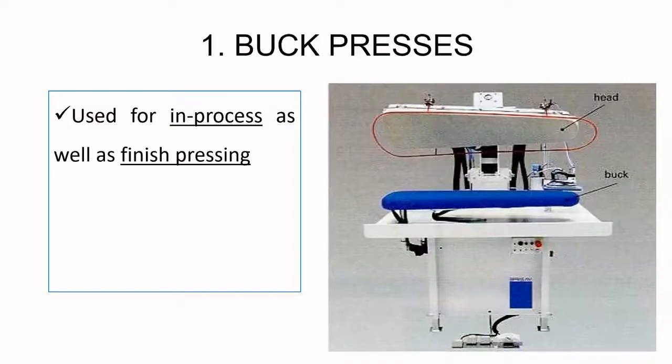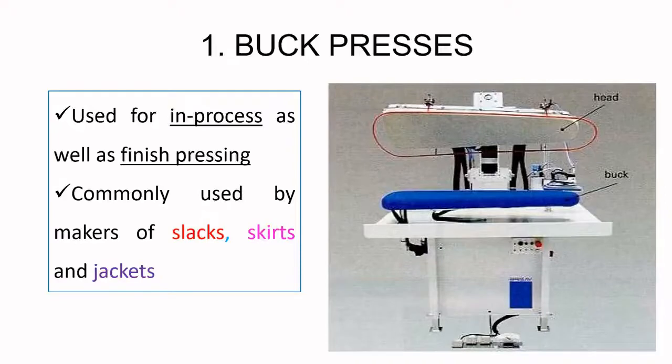Now this buck press is used for in-process as well as finish pressing, meaning to say when the garment is being made, in between also this can be used, and when the garment has been finished, the complete garment has been stitched, then also this can be used. And the buck press, this particular press that you can see, it is commonly used by makers of slacks, skirts and jackets. Now slacks are narrow fitted trousers, and skirts